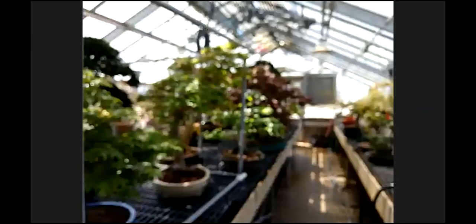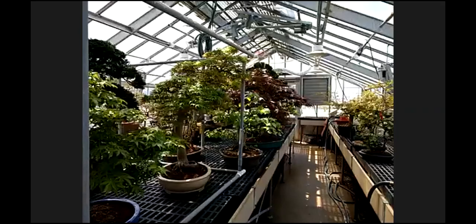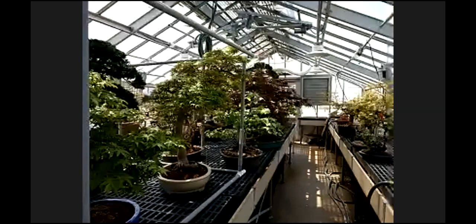recovery. Not only has it been cold, and it's really not the cold that has been the problem, but it's been really windy. And so I'm going to turn this on here, see what we can see. There we are. And so, again, when these plants are taken out of their pots,